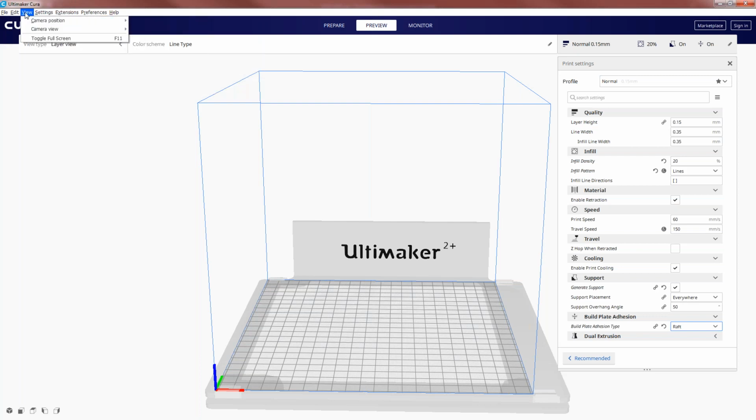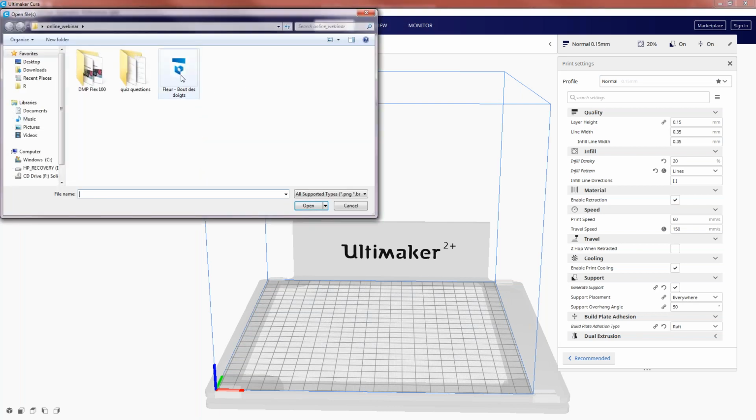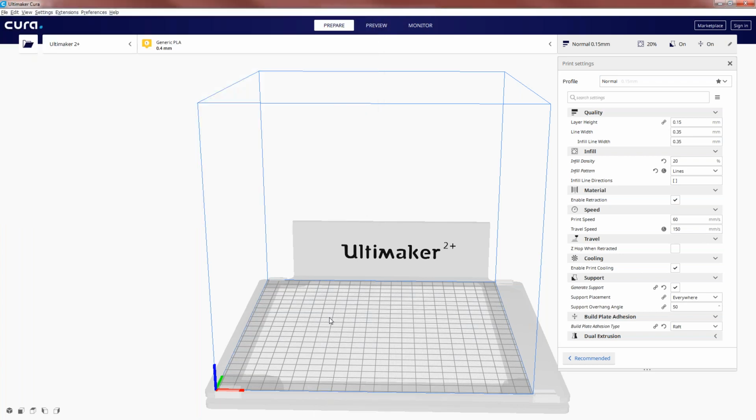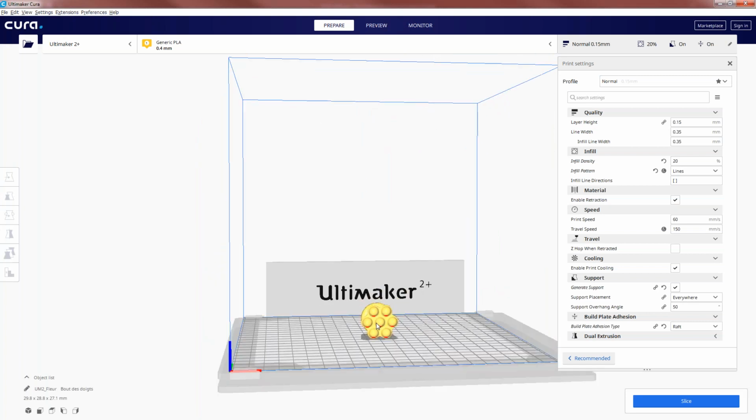These are the different settings, and then prepare. Now I'm opening one STL file.